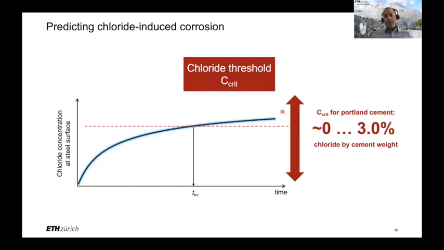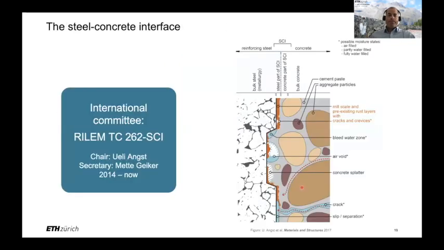And of course, if we have such a huge scatter here, in terms of this threshold value, you can imagine that it becomes very challenging to apply this concept to make realistic and reliable predictions in engineering practice. Also, this large scatter here somehow suggests that the concept is not based on sound science, because apparently there may be many other parameters that play a role in triggering corrosion of steel and concrete rather than only the chloride concentration. Now, this has a lot to do with the conditions at the steel-concrete interface,